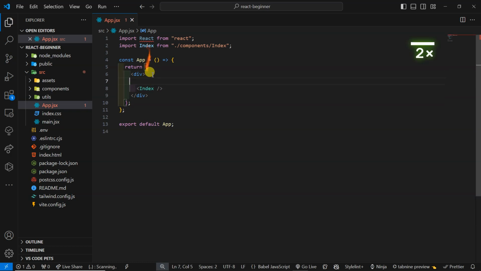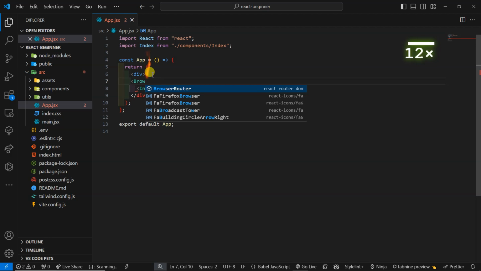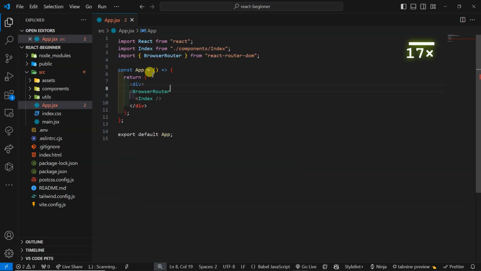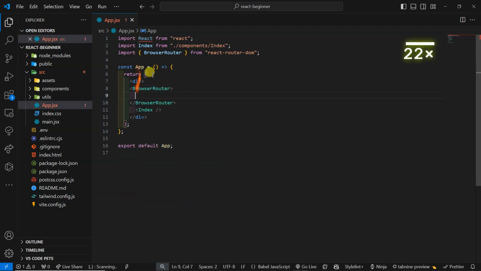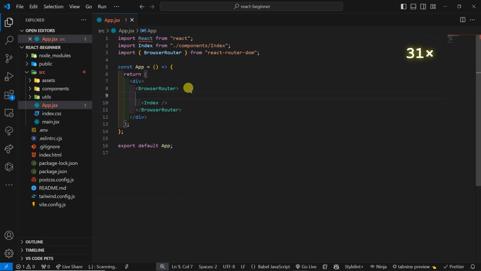So we're going to say, okay, here we're going to have one thing called browser router, like this. Browser router needs to take everything. This will enable our application to route easily. Number two,